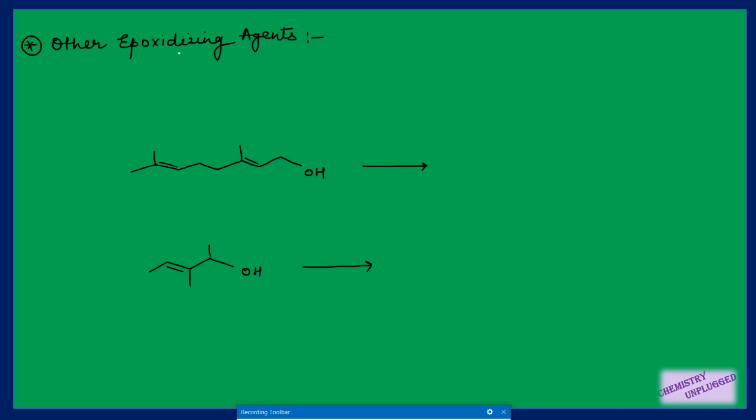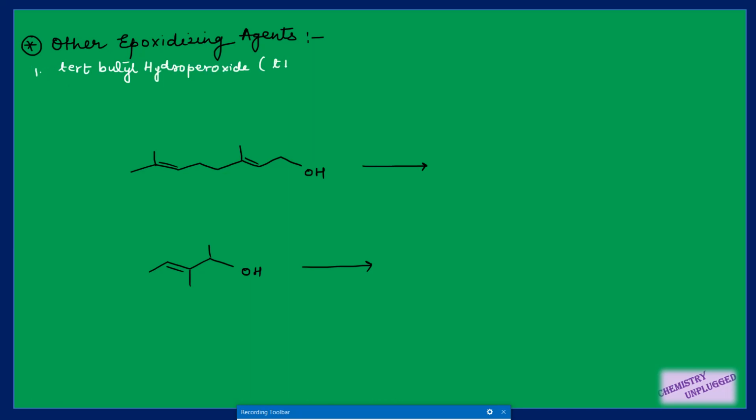So MCPBA is very familiar to all of us, but sometimes in reactions they may give you different types of epoxidizing agents, and sometimes you will not recognize them, or you may be confused about what to do with them, right? So I will tell you all the other types of epoxidizing agents, then you can easily do those reactions also. First possibility is you can have tertiary butyl